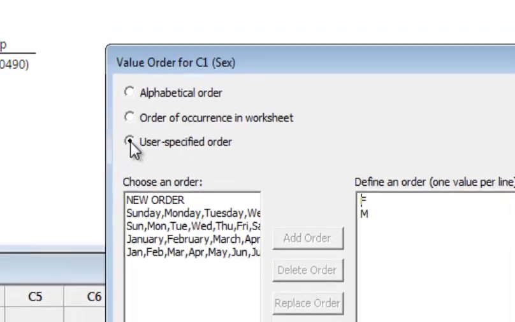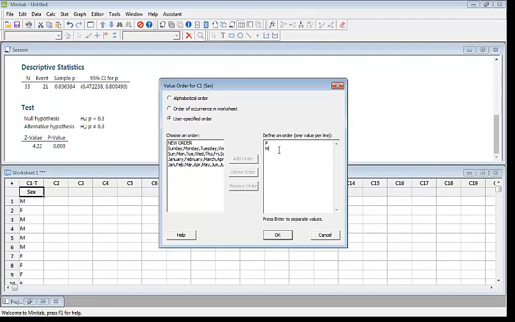Go to the user specified order. As we already know that Minitab automatically takes the second in alphabetical order, that's why it has taken male as our success. So we have to put female second and male first in order to train Minitab to take female as the success category.